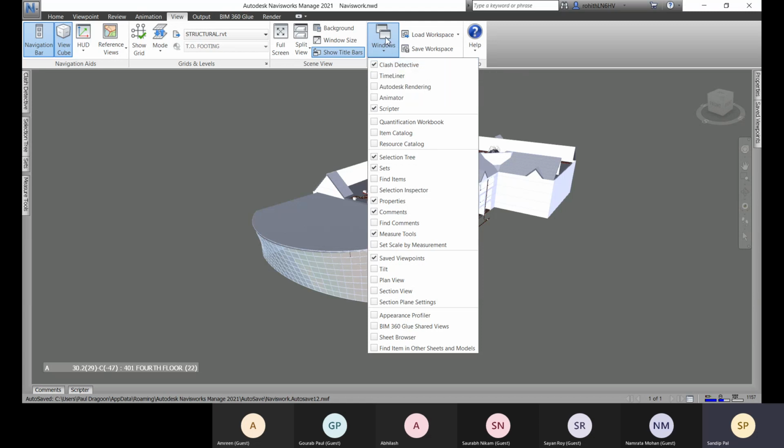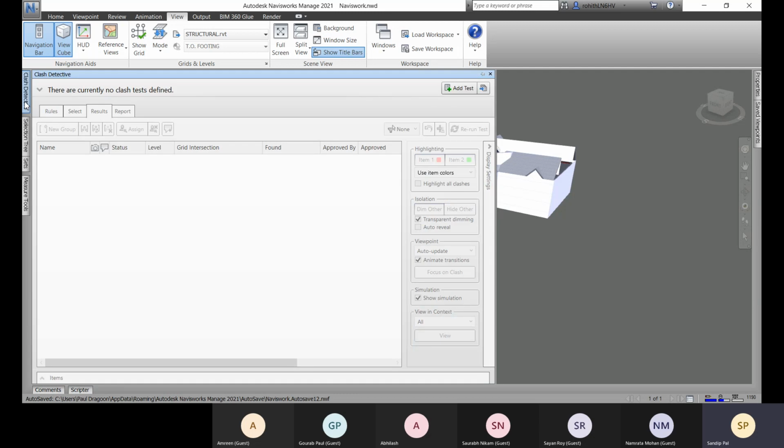So this window will help you to add some more windows, like TimeLiner. In later classes we will learn about TimeLiner simulation. So now let's focus on Clash Detective. Here you can see that we have this Clash Detective window. Sometimes it may be floating.